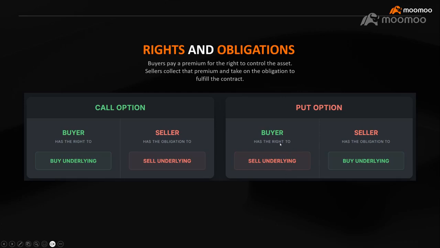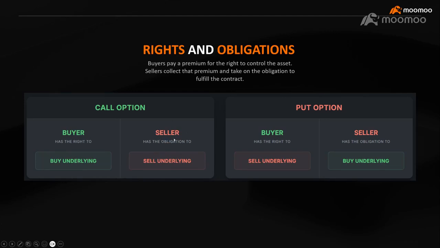Because you are the buyer, you are buying the underlying, right? Basically, who are you buying it from? You might wonder, it cannot come from nowhere, it cannot come from thin air, right? So remember, I mentioned that every trade has two sides. If the buyer has the right to buy the underlying, when they choose to exercise the options, someone has to be obligated to sell to them. Someone is obligated to sell to them. That is the seller part.